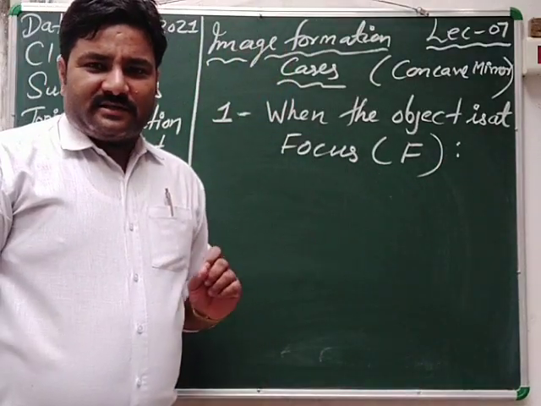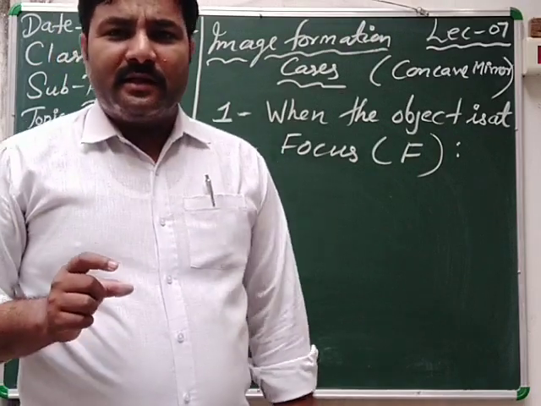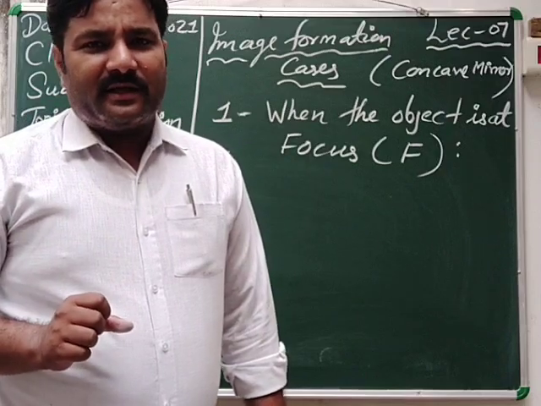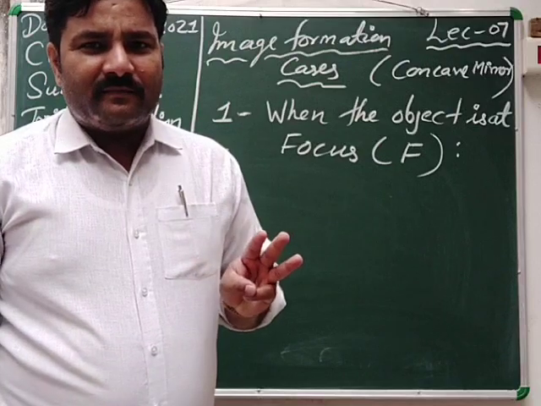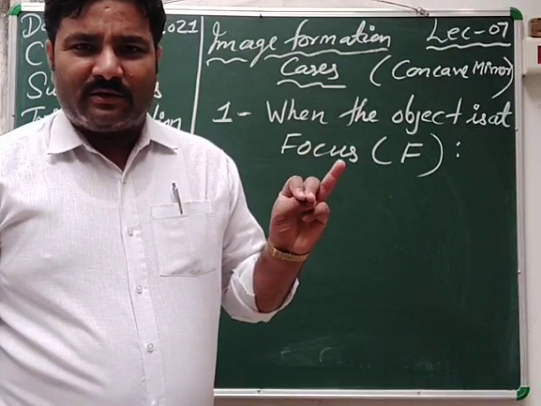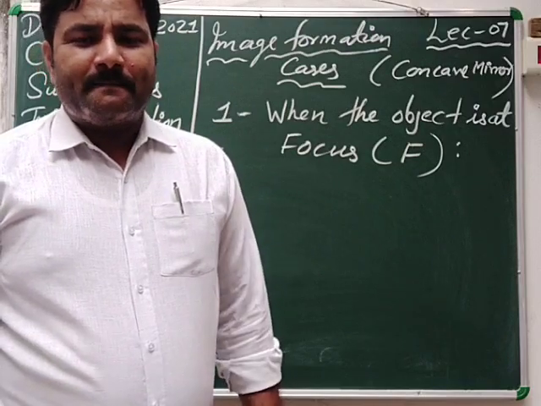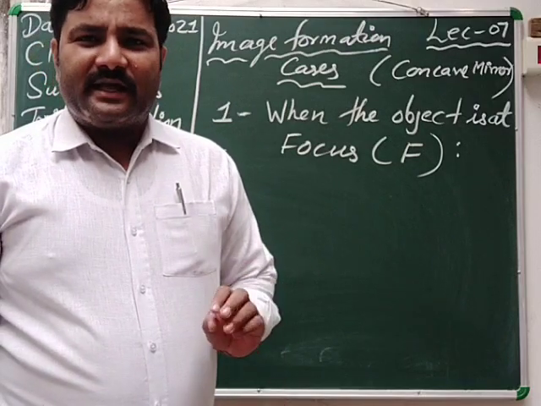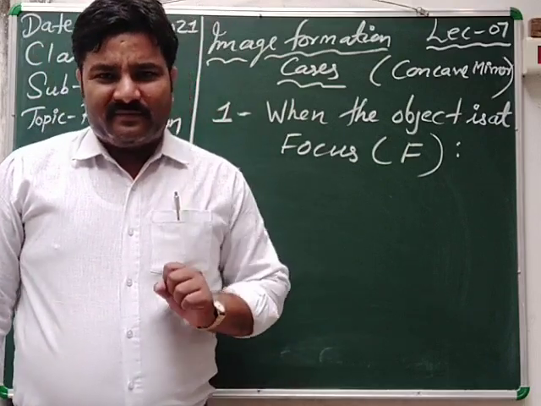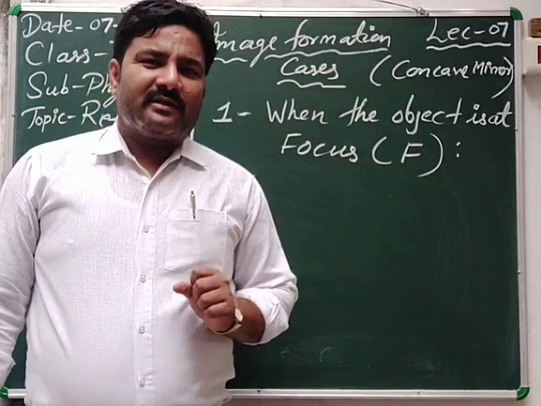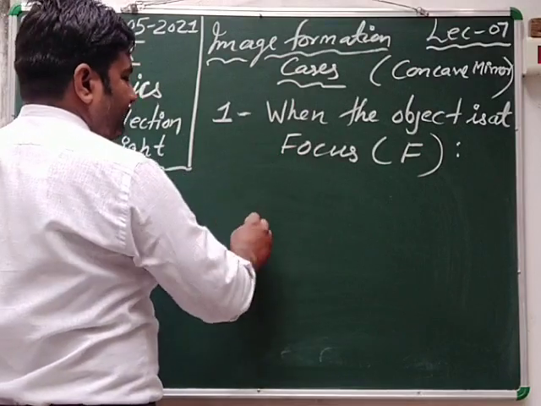Then in the image formation cases, the important point is the ray diagram. Whenever the ray diagram is clear, then with the help of the ray diagram we can write down the 3 important situations: the position of the image, the nature, and the size. Clear? Everything will be clear when the diagram concept is clear. As I explained earlier, when the rules for image formation are clear, then you can draw the ray diagram very easily. So see, number first, when the object is at focus.